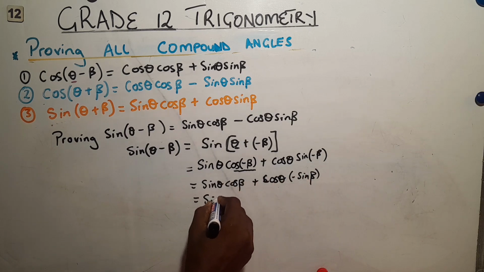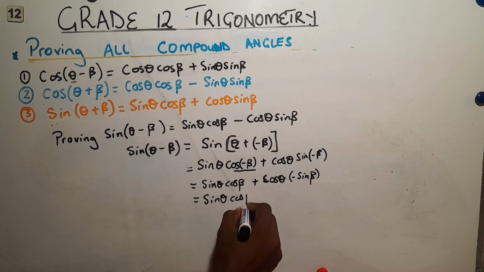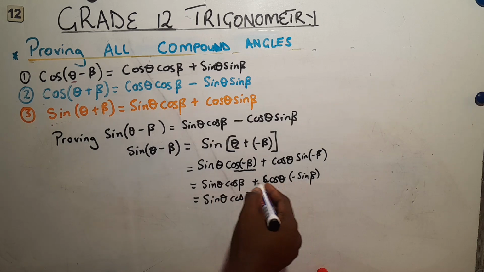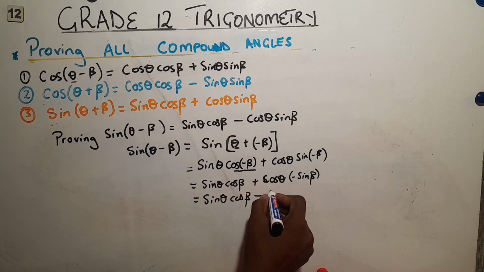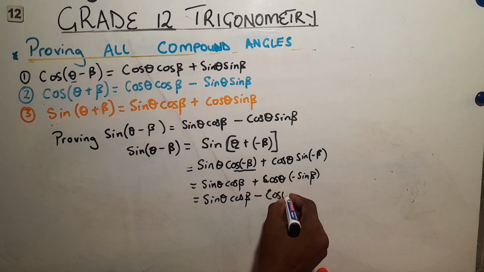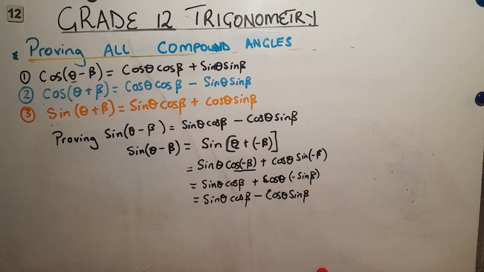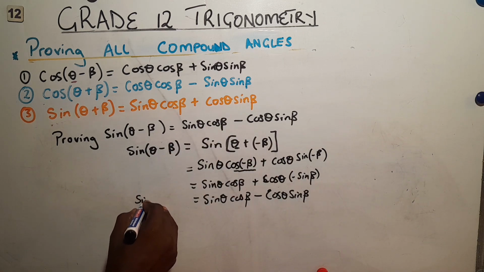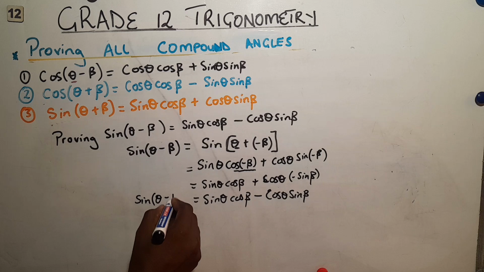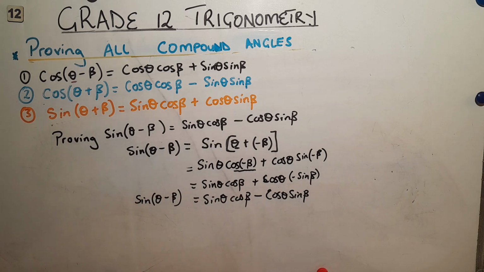So this will be sine theta cos beta, and this negative and this positive gives us negative cos of theta and then sine of beta, like that. So it means that our sine of theta minus beta is equivalent to that. So this is our fourth compound angle that we are going to be using in grade 12,